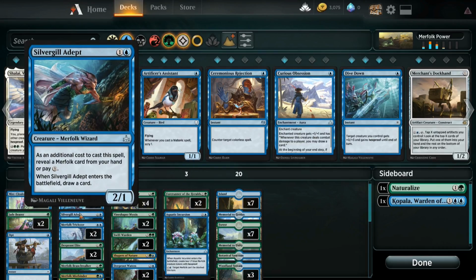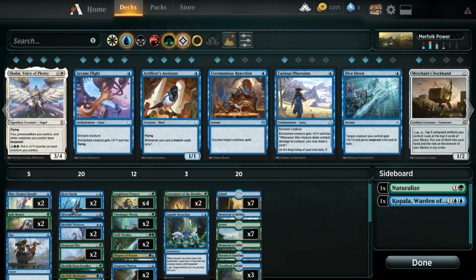Silvergill Adept, just really good for card draw. I can reveal a card, which allows me to throw it down turn 2, which will probably be very easy because I have a lot of cards I would just throw down anyway. And I get to draw a card, which again, very helpful with things like Opt, or really just anything,